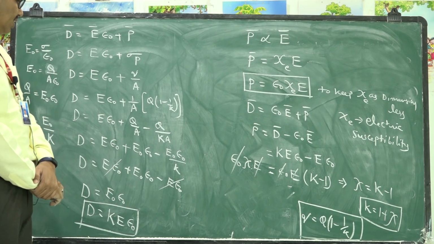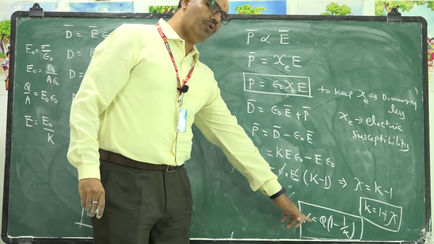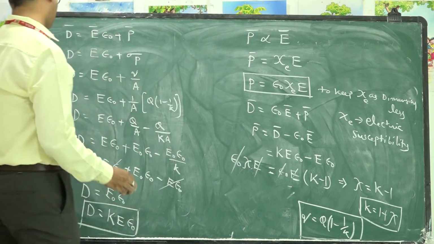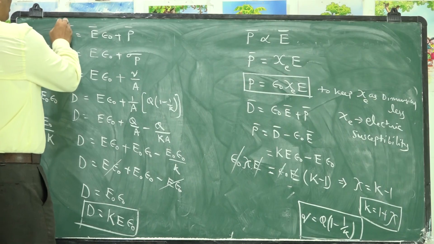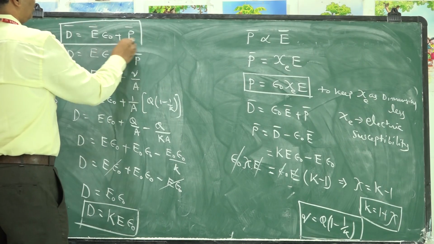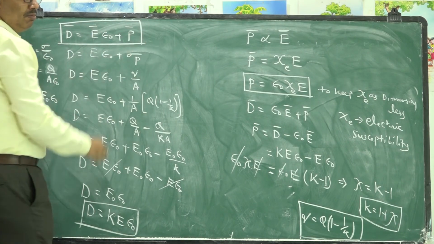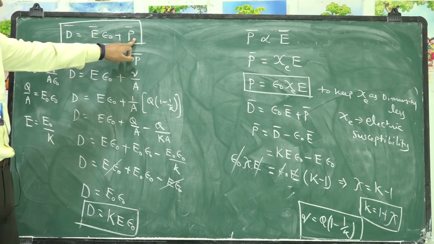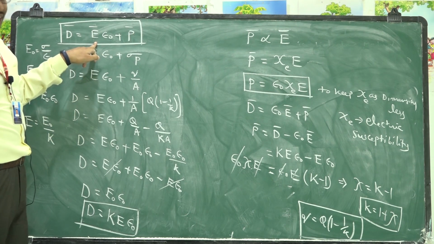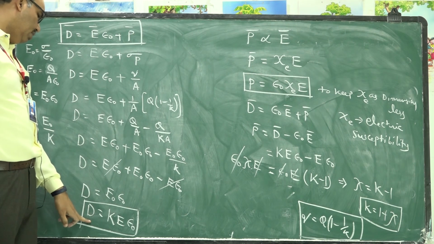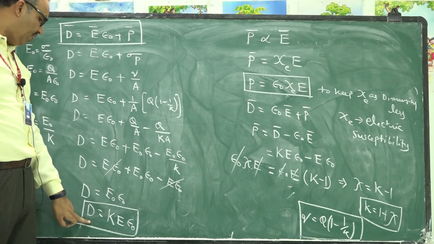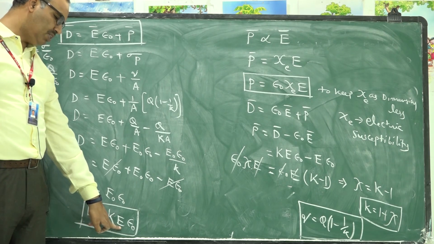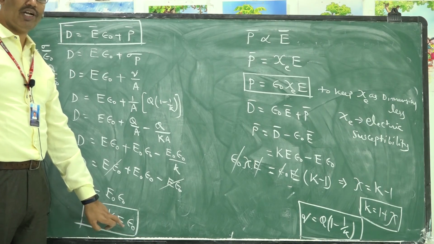The first formula is induced charge is equal to Q into 1 minus 1 by K. One more formula is the electric displacement vector, defined as epsilon naught E bar plus P bar. Here P bar is the polarization vector, E bar is the net electric field. And the magnitude of the displacement vector can be found as K epsilon naught E. By using this formula we can do it.